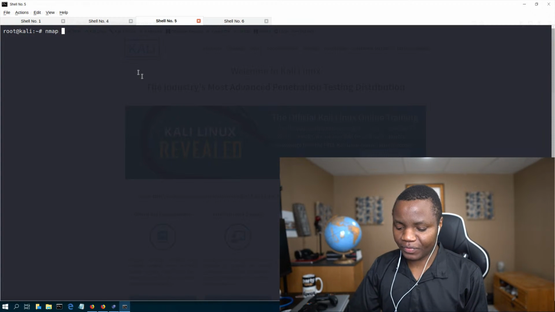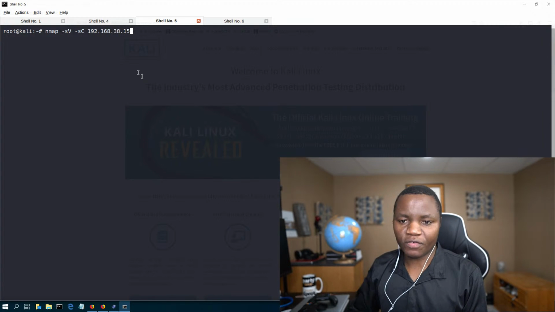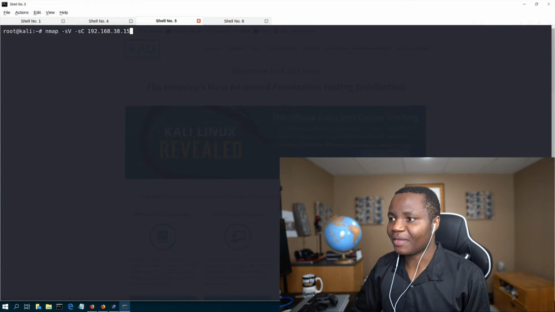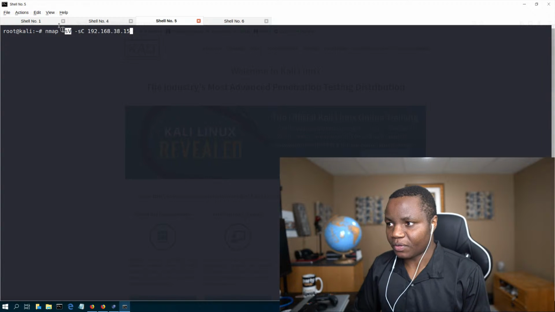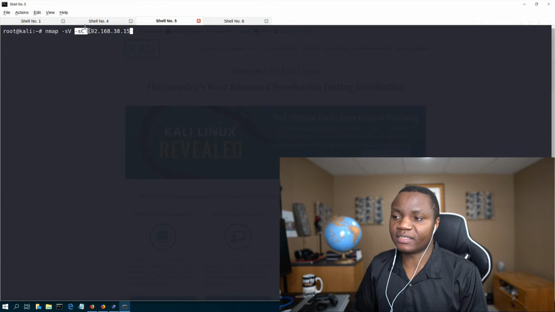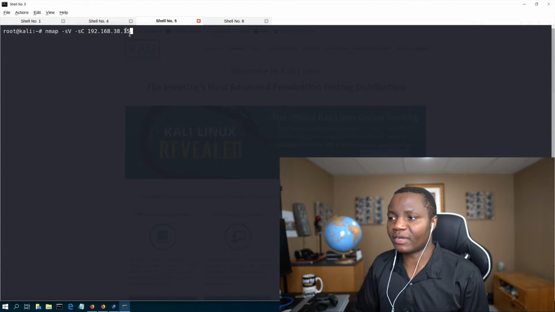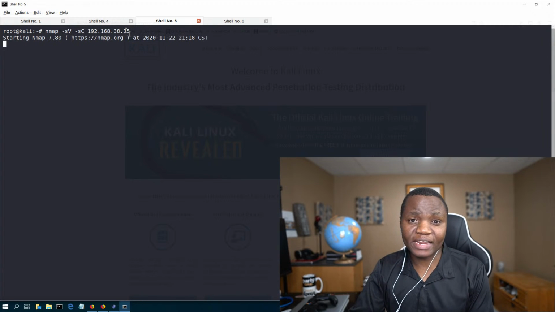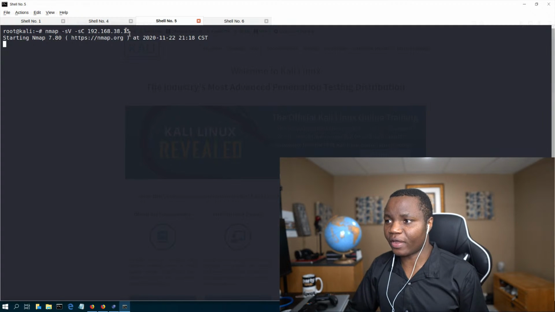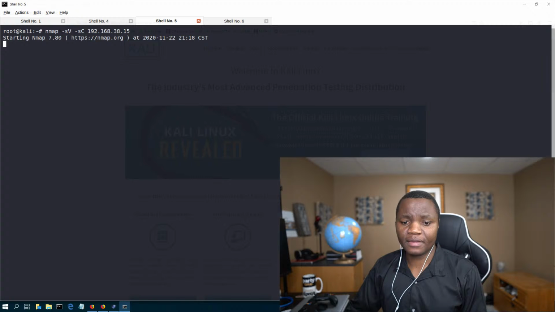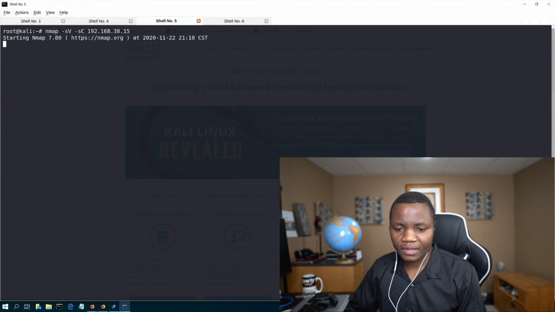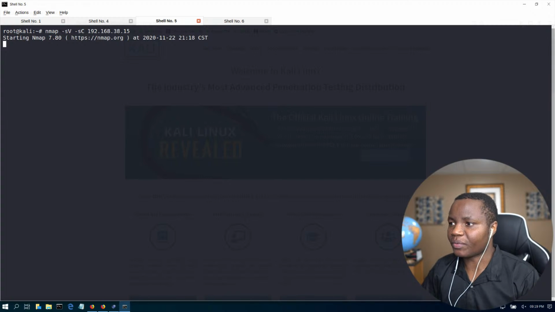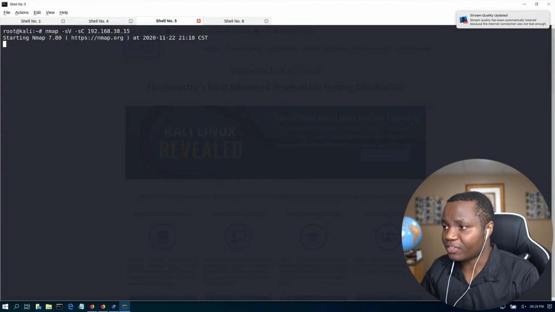So let's run our nmap -sV -sC 192.168.38.15. If you've been here for a while, you probably have this memorized by now. This is default script looking for service versions, and then we're using default scripts that come with nmap to scan our target. So we're going to find out if there's anything that's running on this target. And if you're brand new to ethical hacking, nmap is a great tool for enumerating, make sure that things are working. So let's move me so that we have more space here. And while it's running,